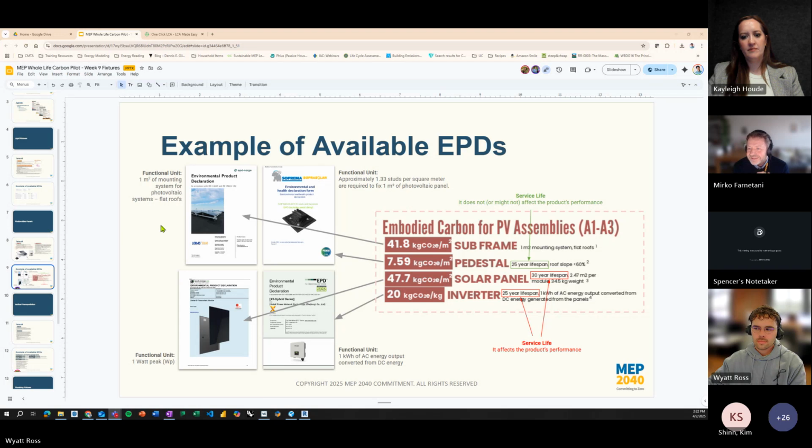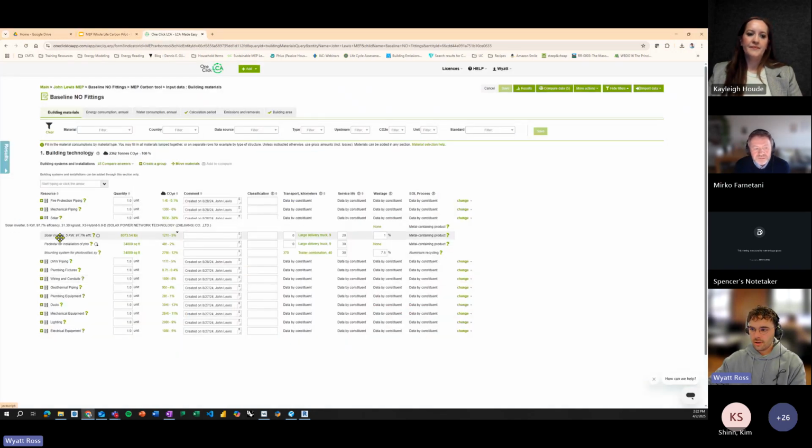Thank you. Yeah, and I would say the functional units piece is a little bit tricky, just because a lot of the EPDs differ from what the inputs are that are allowable in One Click LCA. So if you are using One Click, just something to keep an eye on. Most of them are going to be area-based, so square meter, square foot, and that's based off of the area of your particular panel or mounting system.